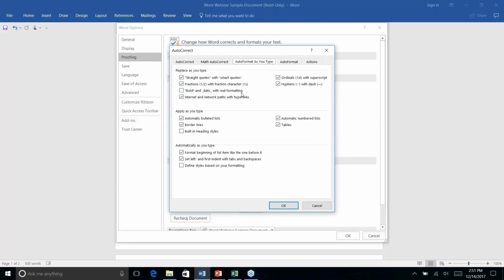Auto format as you type also has a couple of options in here that you will find useful. By default, it is going to change your ordinals. So if you have things like first, second, third, it will take the ordinal there and put it as a superscript, which means they'll be in smaller letters towards the top of the number. It's just a little bit more visually pleasing. If for whatever reason you hate that it does that, you can come in here and turn it off. Same thing with changing the quotes,